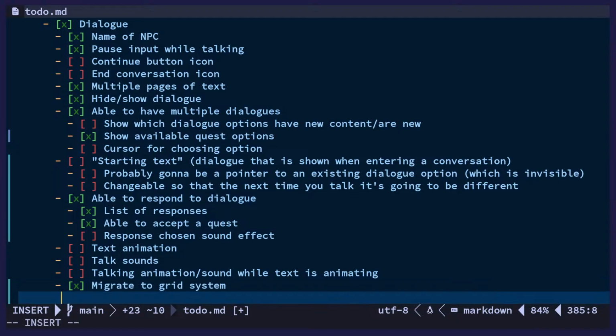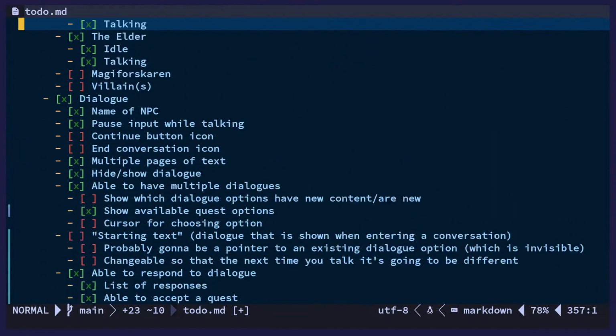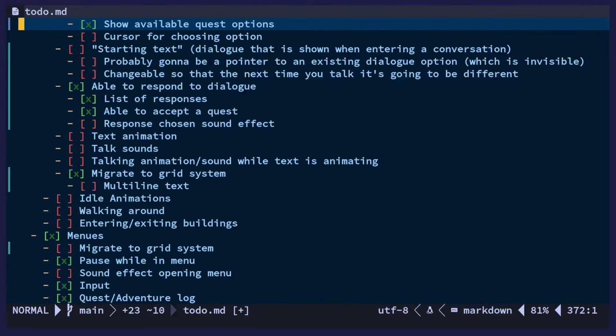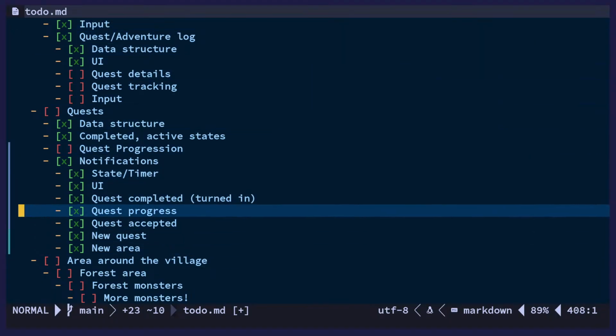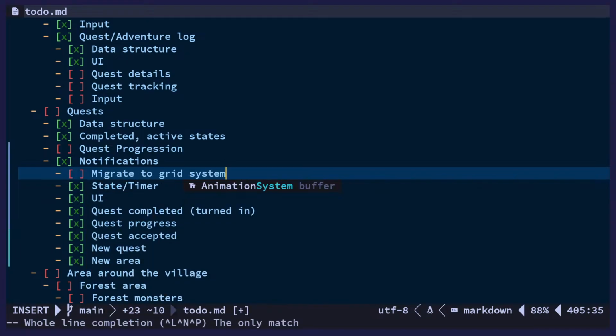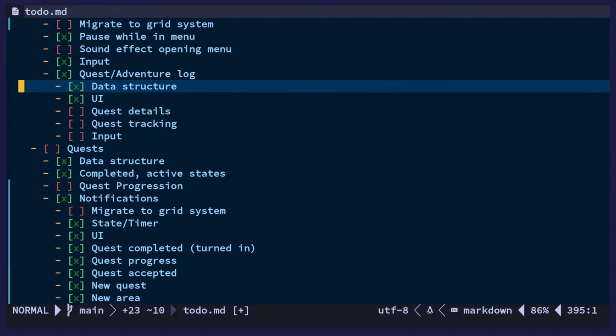There's one more thing. Multi-line text we need to fix. What else do we have? I think notifications we should also have. Migrate to grid system. And the quest, wait,